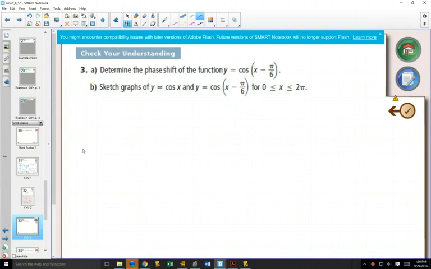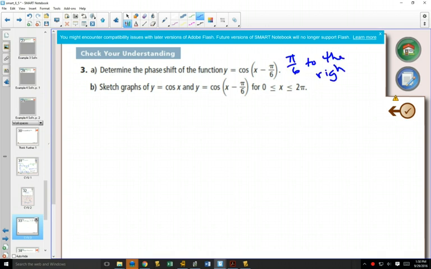What do you think that pi over 6 is going to do? Move it pi over 6 to the right. How do we graph this then? Okay, because it does say sketch the graphs of cos of x and of cos of x minus pi over 6 from 0 to 2 pi. So the way that we're going to graph it, you're right, this is going to be pi over 6